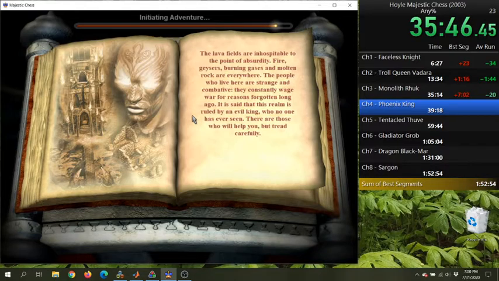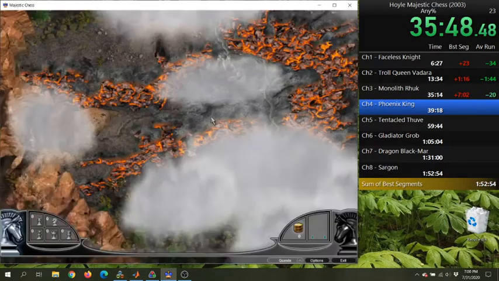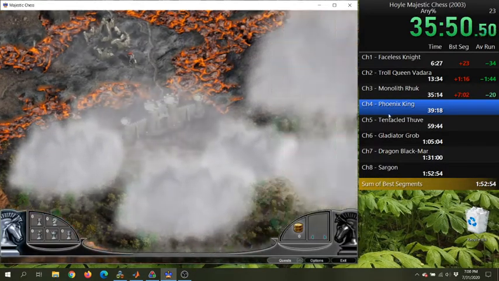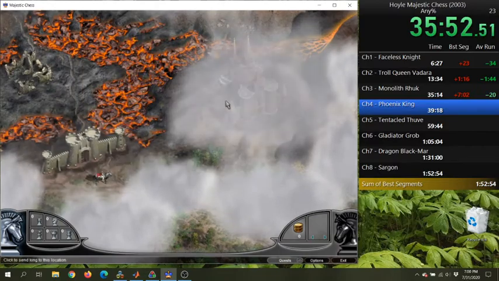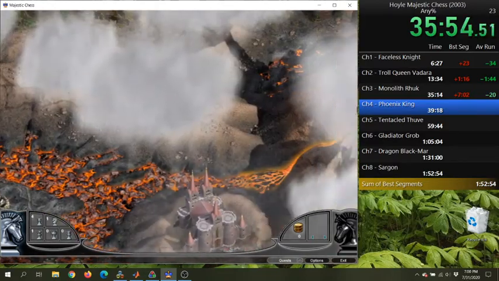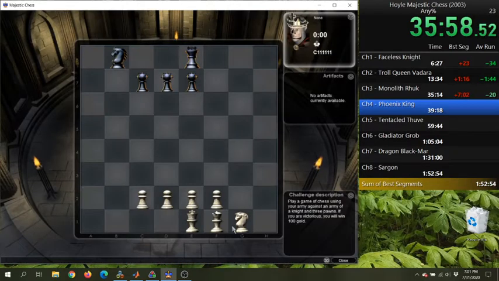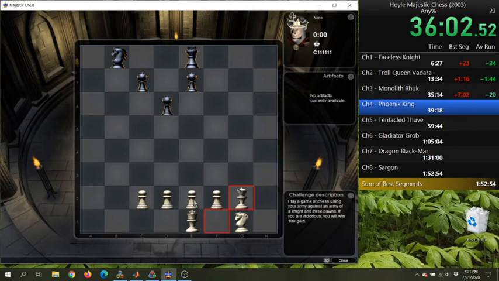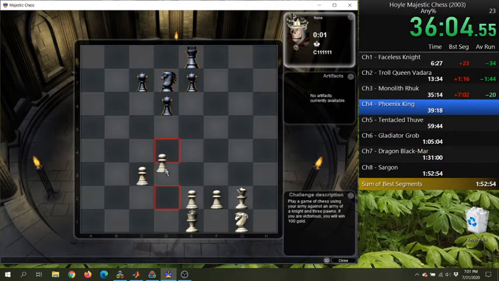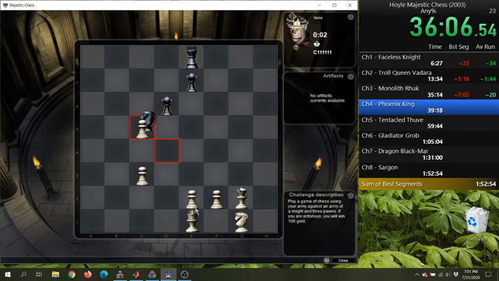But we'll see if I can't do things efficiently here. I don't have a strong sense of route. This is one of the more just play chess well chapters, which is probably why I'm so bad at it.